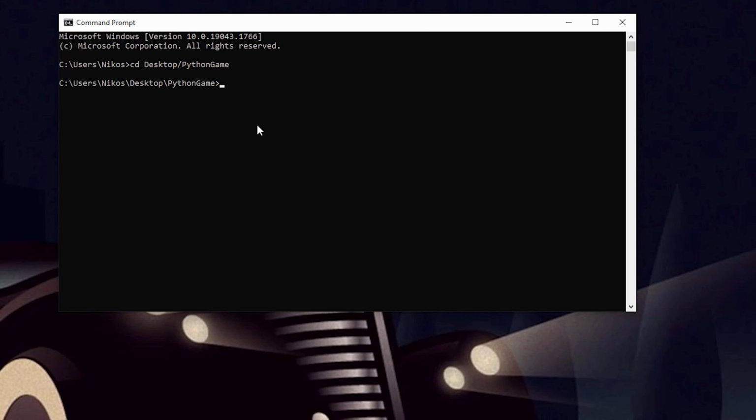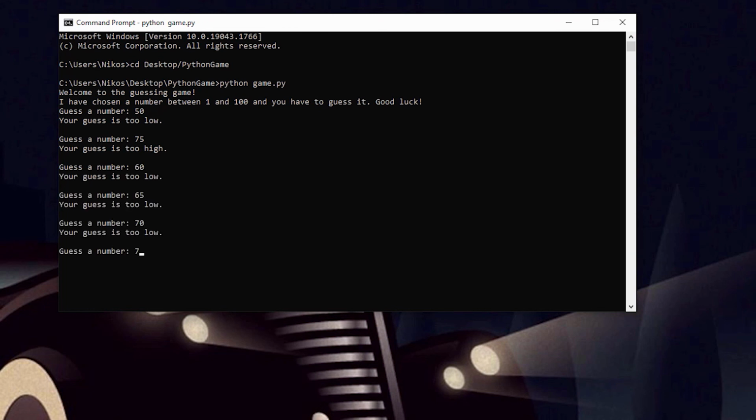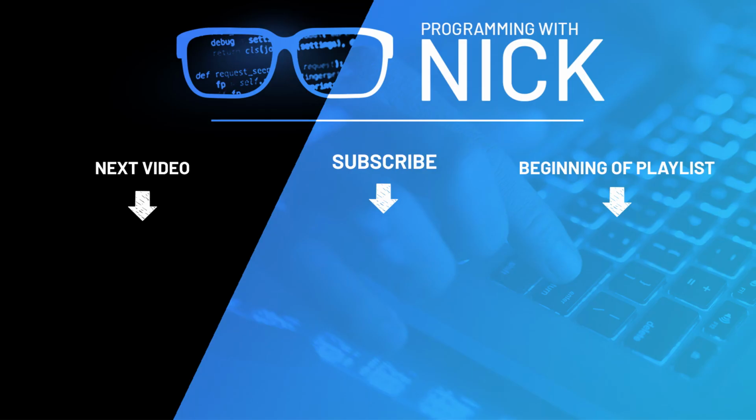To run the game file we just created, type the word Python and then the name of the file. So we type python space game.py and we hit enter. As you can see, the game is running and it asks us to guess a number. Great, we are now running our game on our computer using Python. Cool, huh? Now you can go ahead and make changes to your game and then run it again locally or run all the other programs we have developed together during this course.